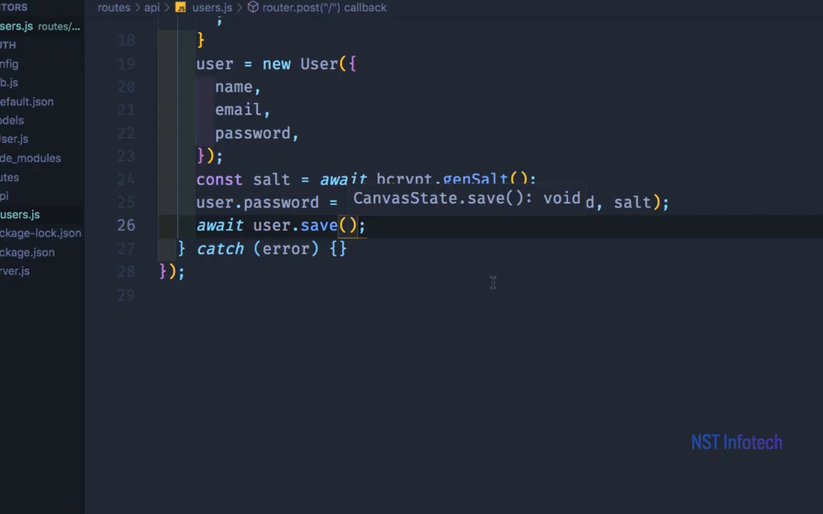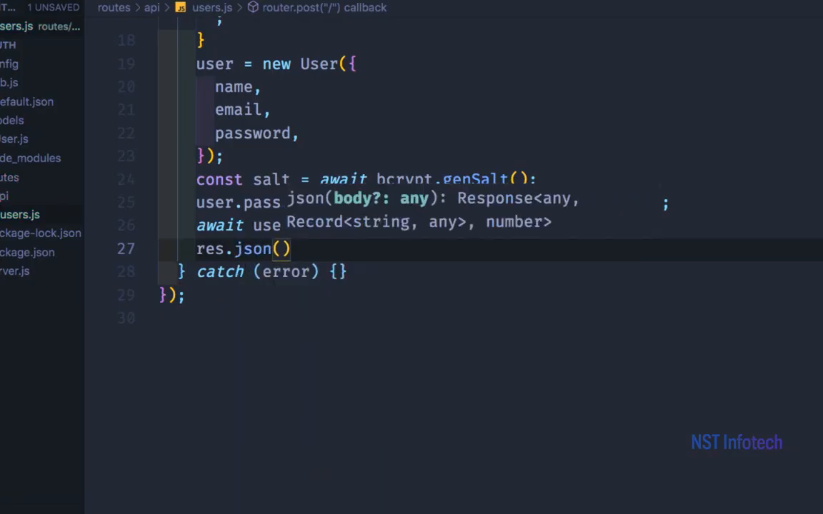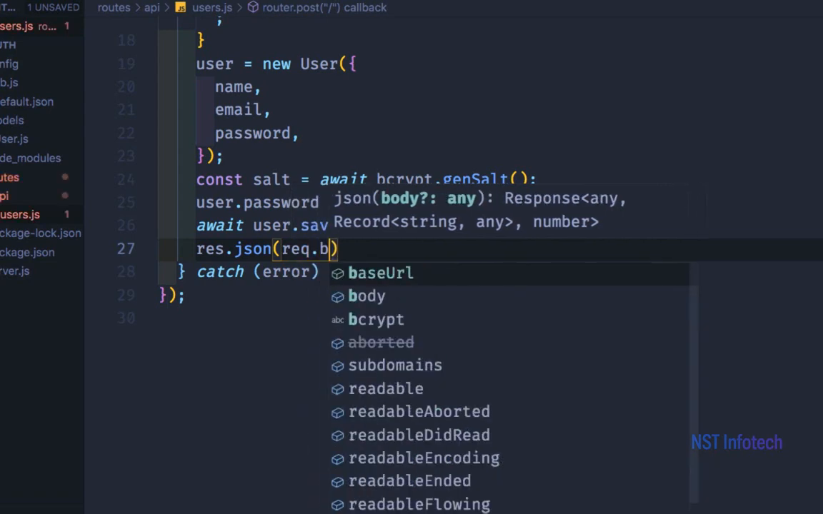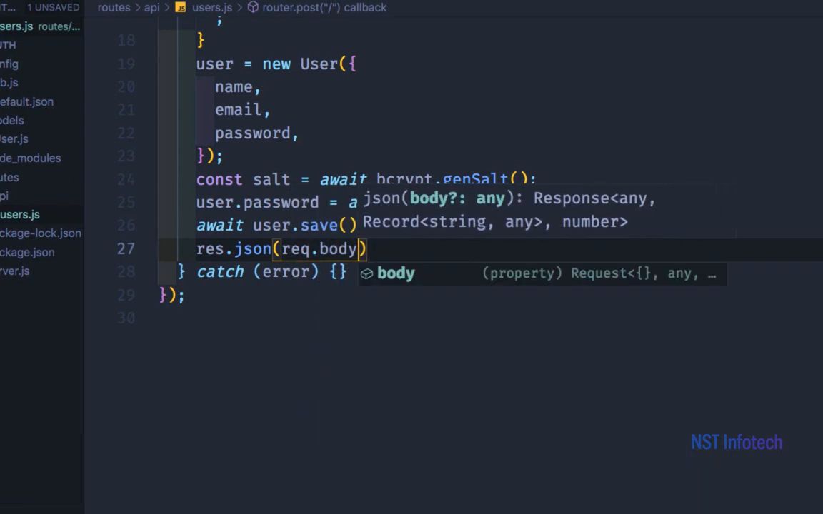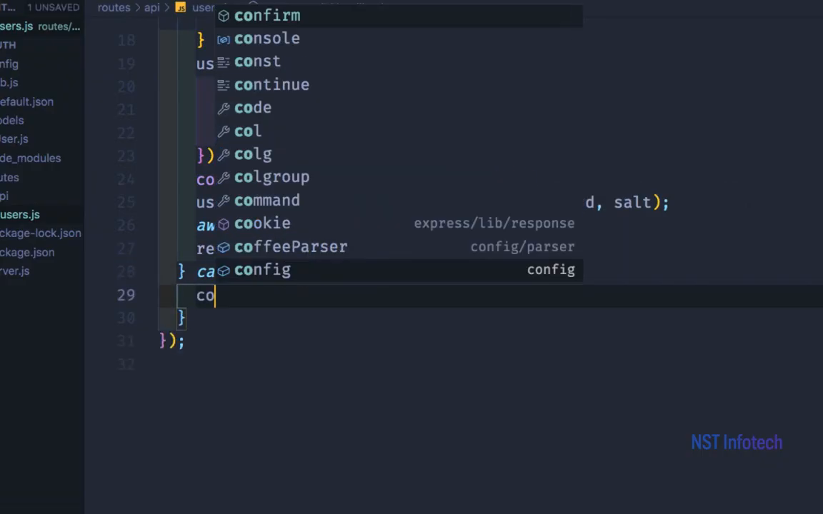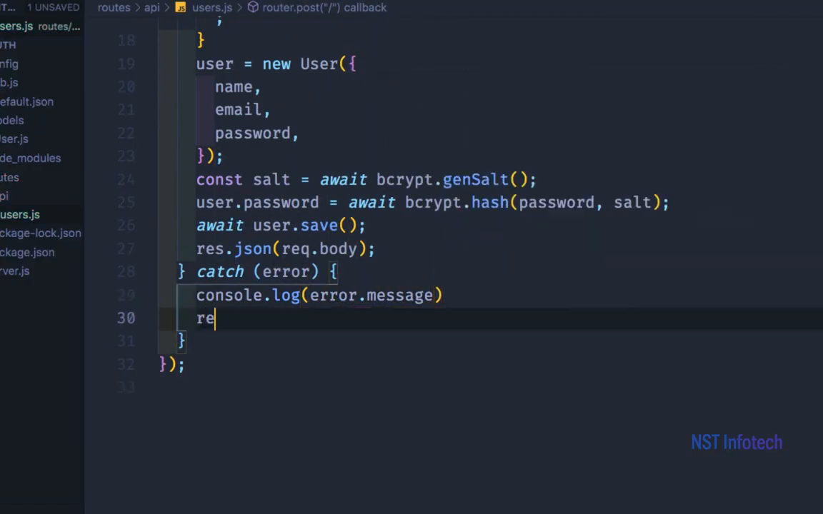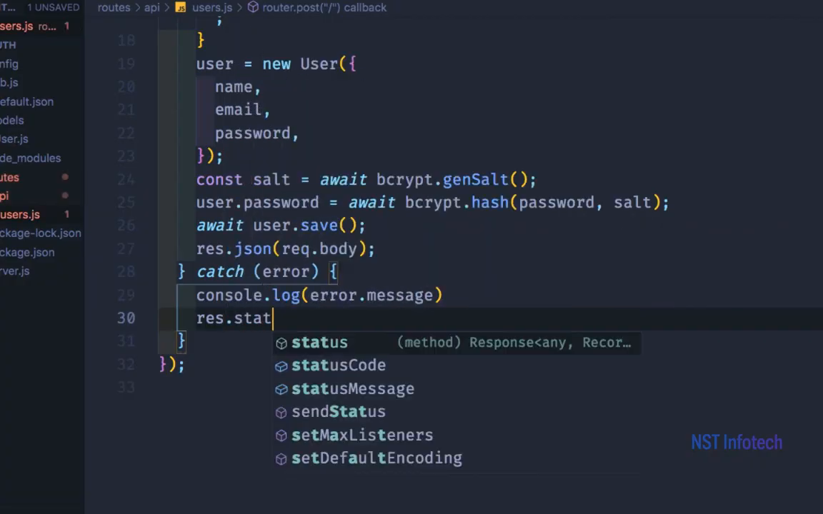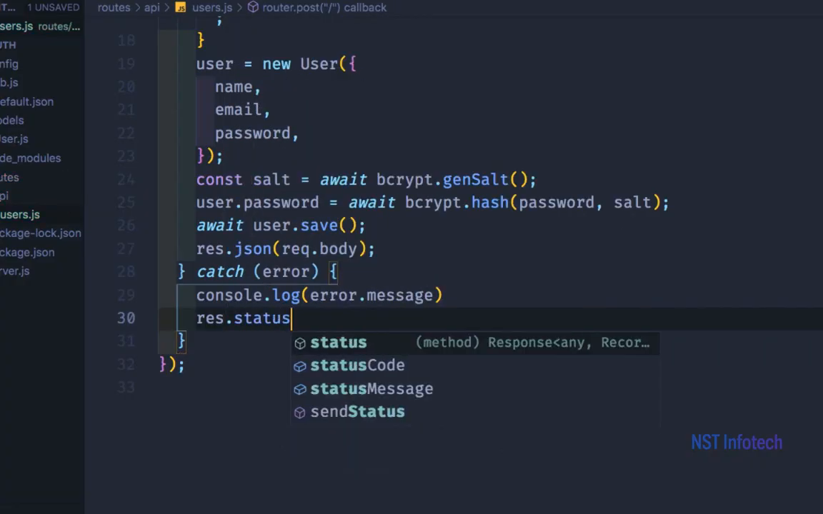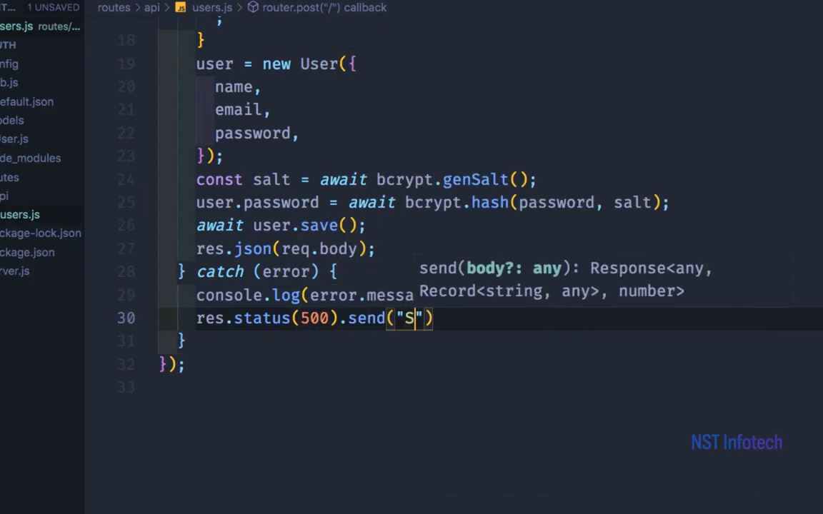Then if everything works fine, then we will have a response. So res.json, this will be in JSON format. So res.json, and the response will be req.body, okay, req.body, which will be in JSON format. And if there is an error, then we can console log error.message. We can have a response of status, so res.status, which is going to be 500.send server error. Okay,